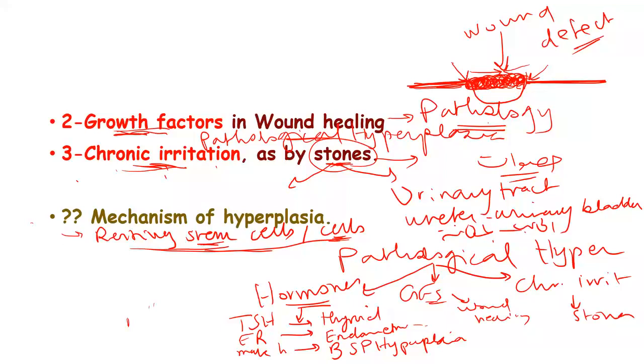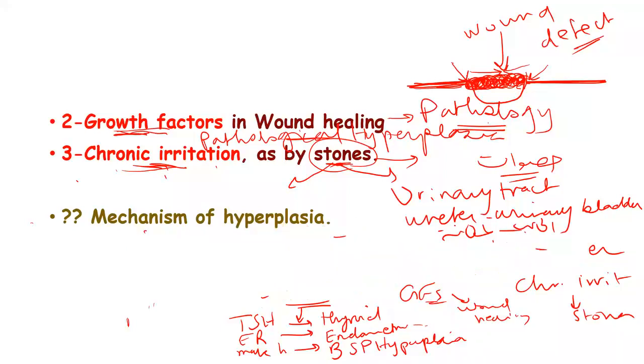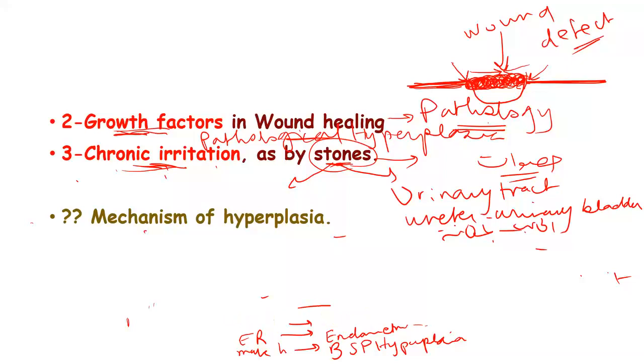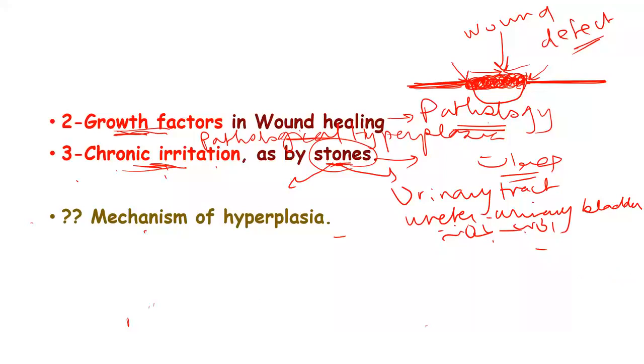There is another issue. Someone might say, okay, is hyperplasia a tumor or not? Is hyperplasia a tumor or not? Tumor means a mass. So tumor means there is a mass